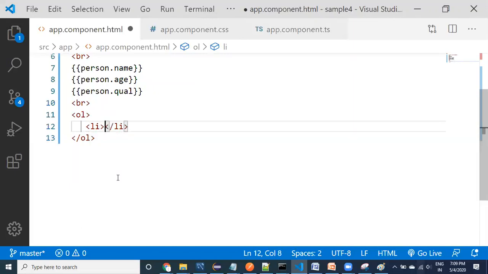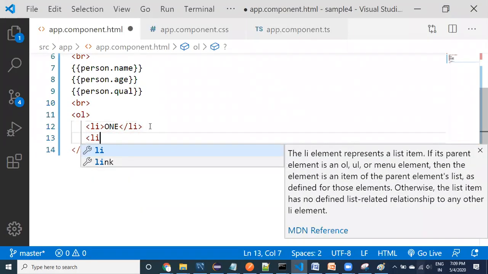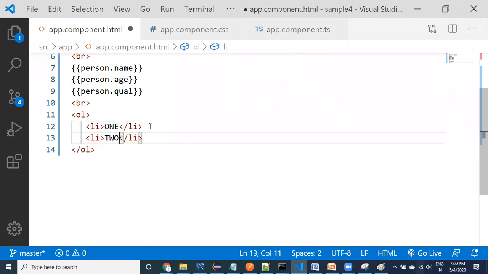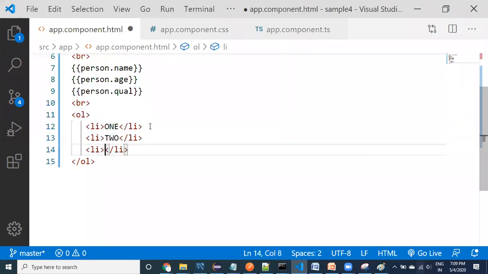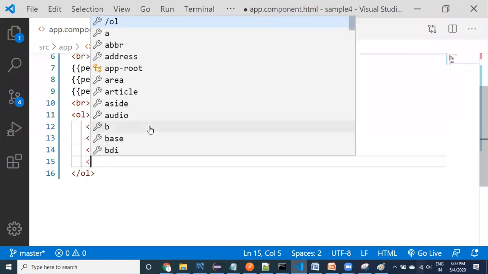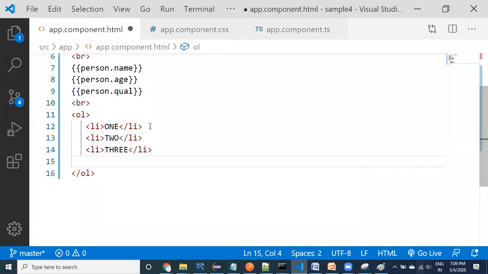This is a list item, something like list item 1, 2, 3. See here, guys, in this manner I would like to display.